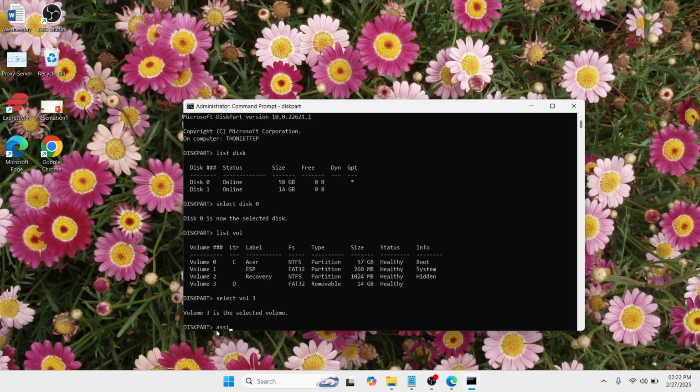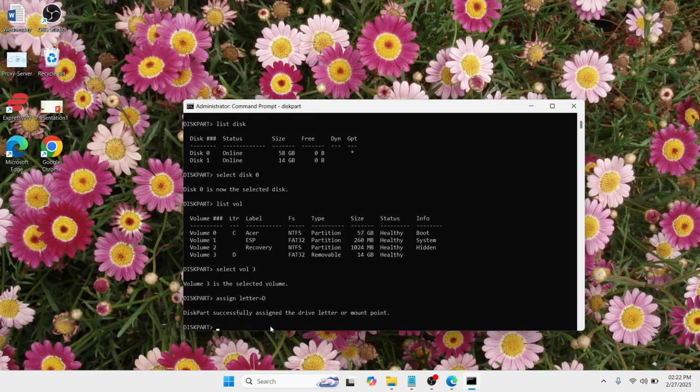assign letter equals, then the letter which is D, which is here. Okay, then click enter. Once DiskPart has successfully assigned the drive letter or mount point, type exit, click